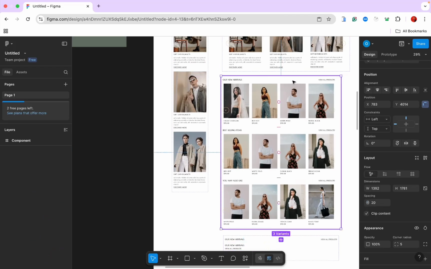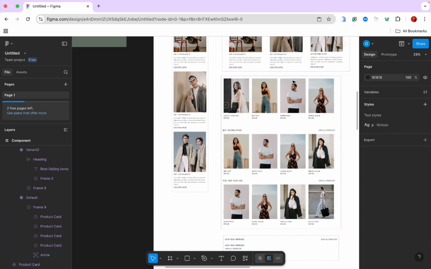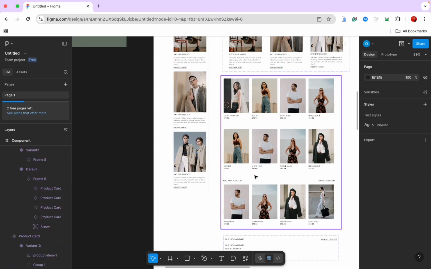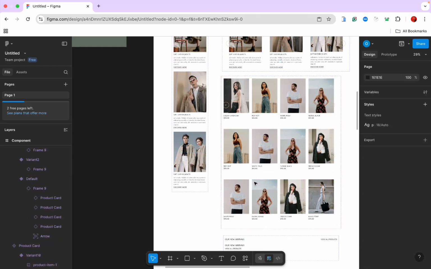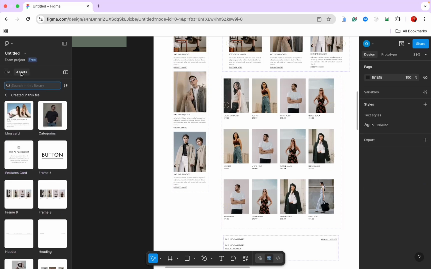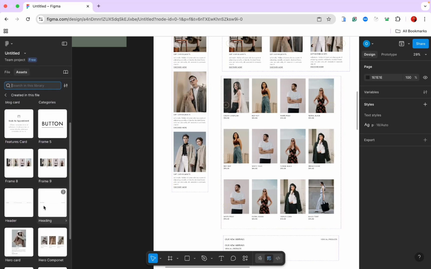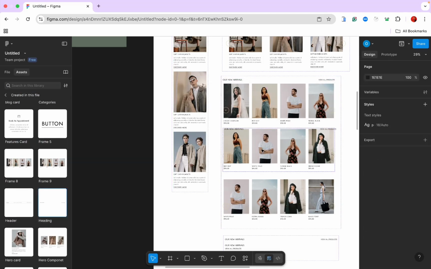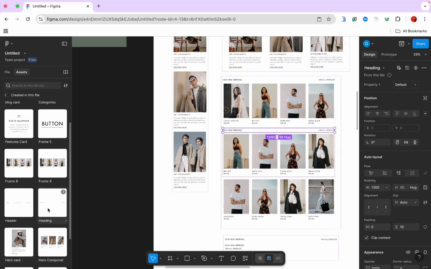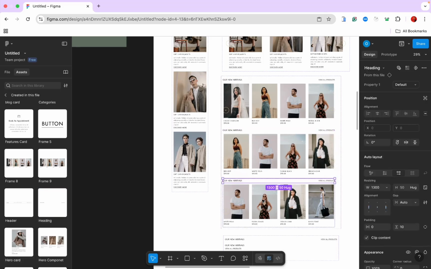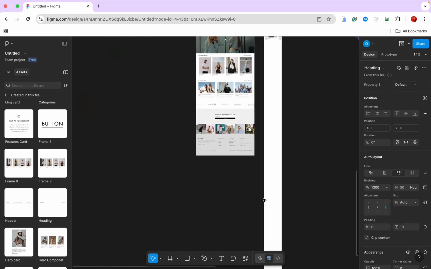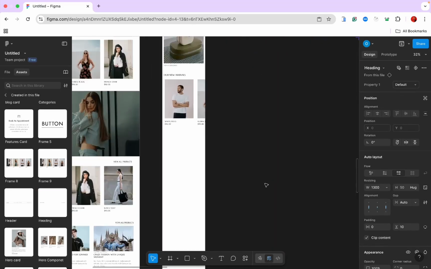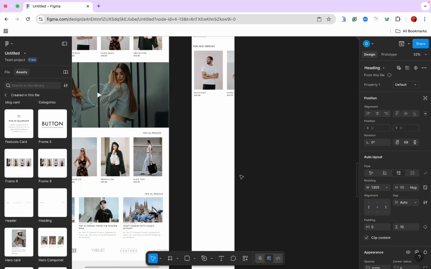Let's delete this. Delete this. Delete this again. Let's move over to our assets. For this heading, we're gonna bring it here. I'm gonna bring it here as well. We're gonna bring it here. That way now we can work on this